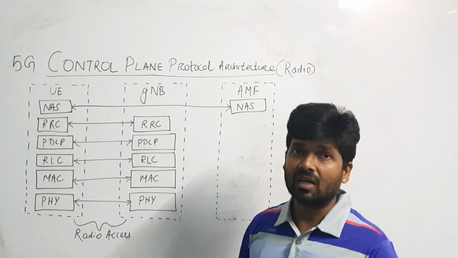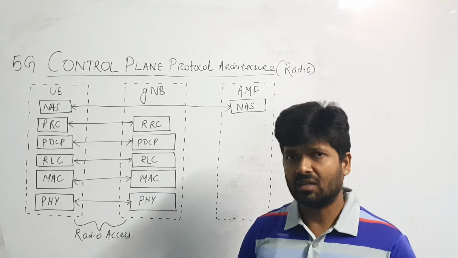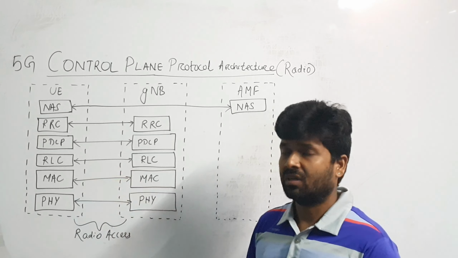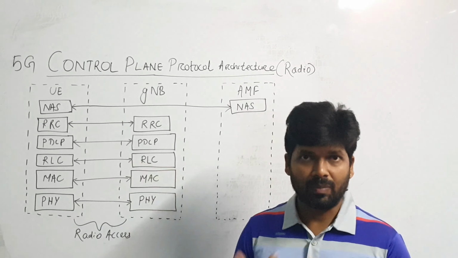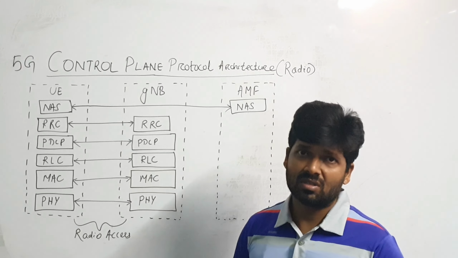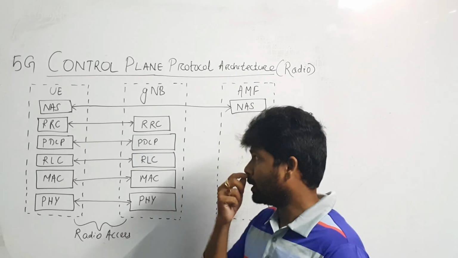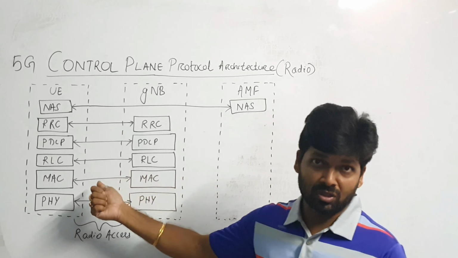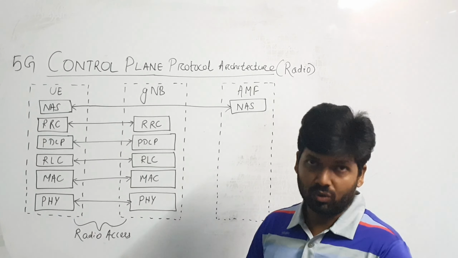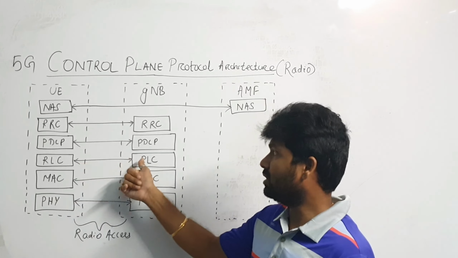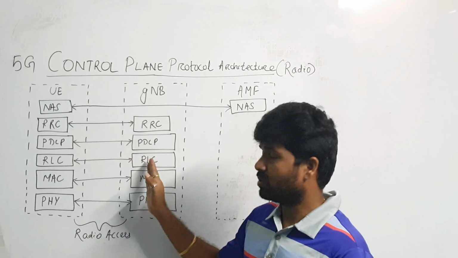The fourth one is RLC, or radio link control. As the name suggests, it handles the link part. The concatenation, segmentation, and reassembly of packets, and many other functions are handled by RLC, like automatic repeat request, and there are other various functions also. Integrity protection. All those things are handled by the radio link control protocol, which is terminated from the UE to the gNode B. This is the communication between the gNode B and the UE.